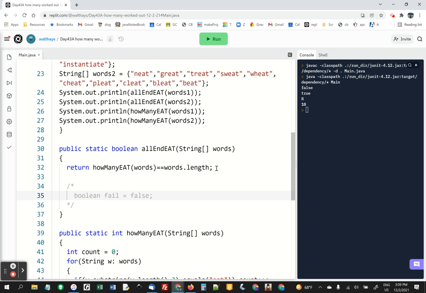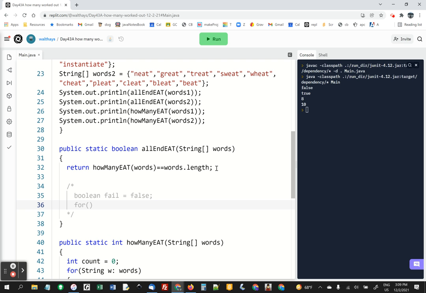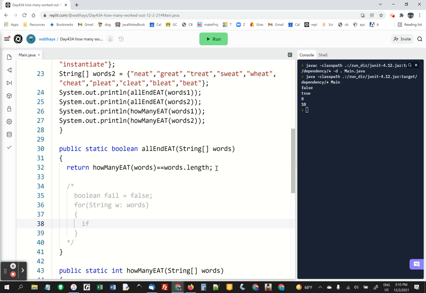So we're setting up a flag variable, and then we could say for string w in words, if w substring dot w dot length minus 3 dot equals